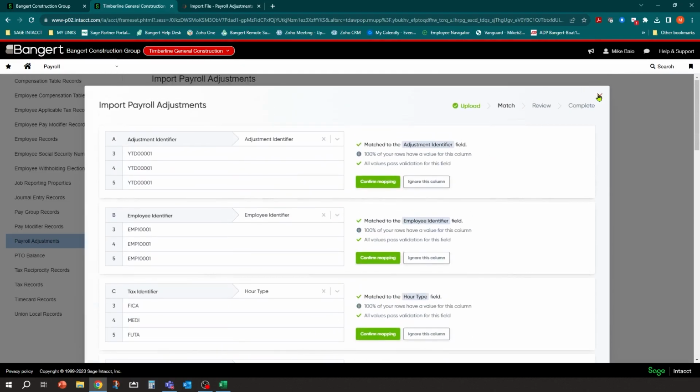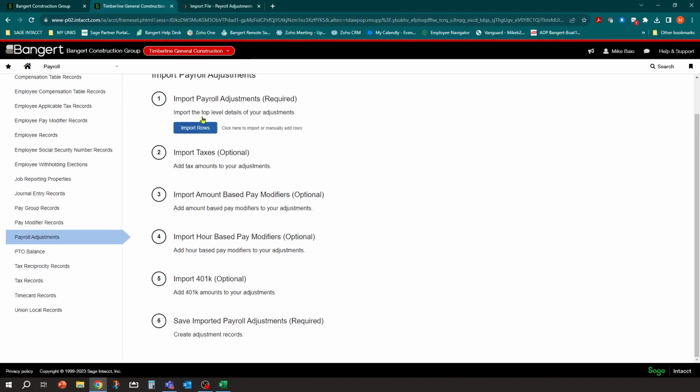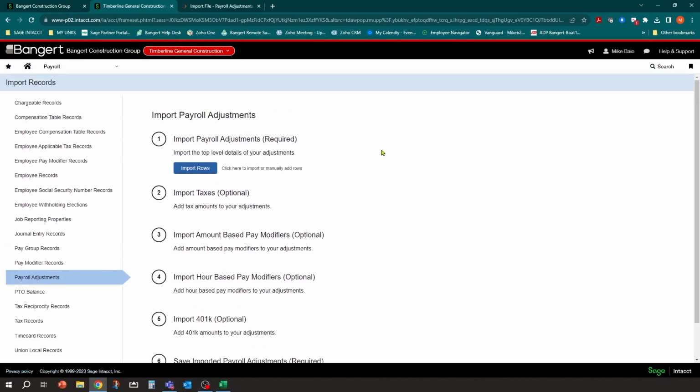But basically, once you're through that, at the very end, you do need to hit step 6 here. You need to say save records. There'll be a button that comes up here that says save records, and that will update all of the adjustments to those employees from that adjustment payroll. Very powerful tool, works fantastic for beginning balances. Use it when you need to use it in the system.